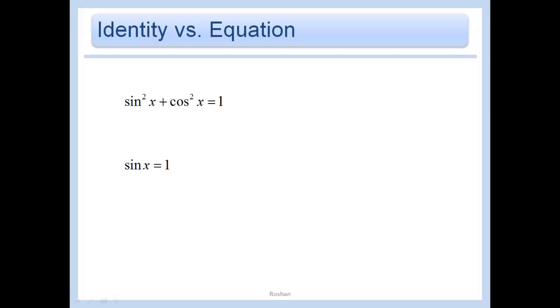Identities were what we were doing in the last lesson, where we were doing, for example, sine squared plus cosine squared equals 1, and we said that that was true for all values of x. So that's the key point there. An identity is true for all values of x. It holds true no matter what x is, versus this, an equation,